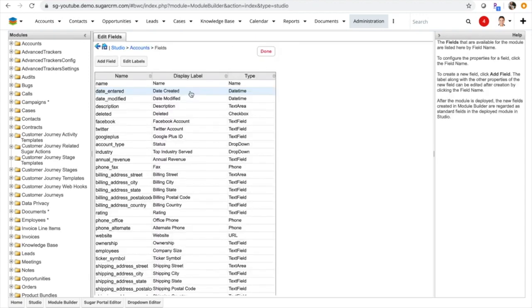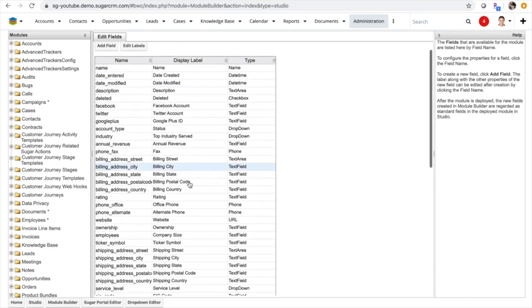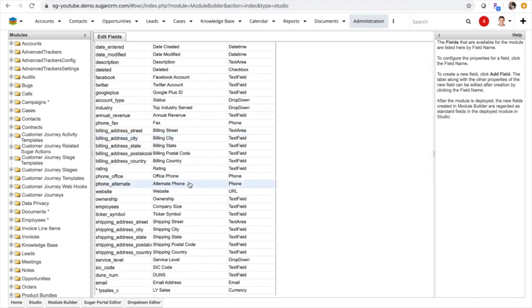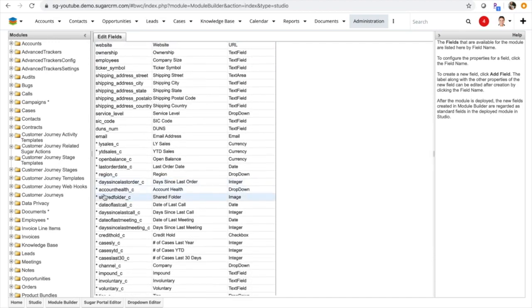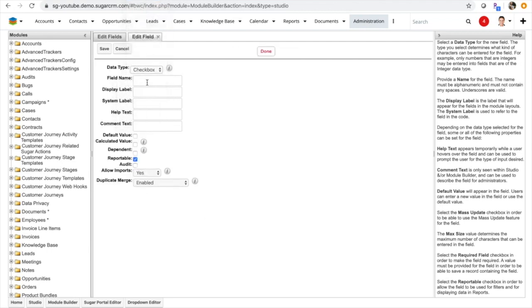In fields, this is where you can edit any of the existing fields that come out of the box within Sugar, or any of the custom fields, which you'll see that I created here with the star next to it. To create a new field, we'll add field, and from here you'll just follow the prompts on screen. So first you'll select a data type, and there's a whole bunch of data types to select from: checkboxes, currency fields, drop-downs, multi-selects, phone, radio buttons. Once you select a field type, for example maybe checkbox, you'll give this field a name,